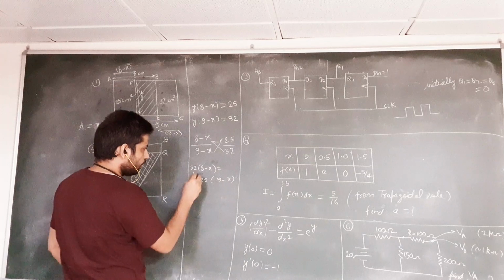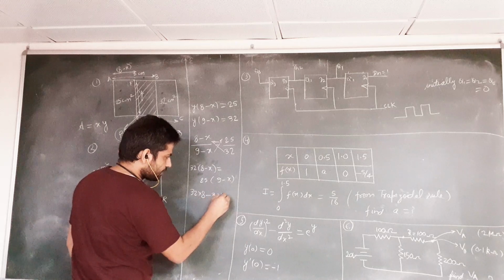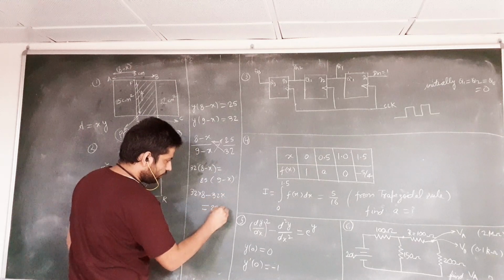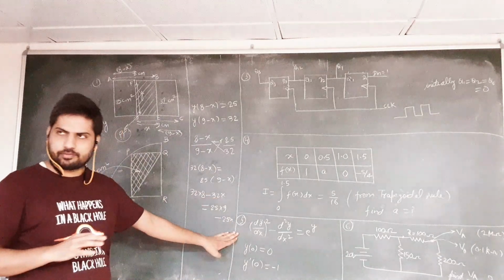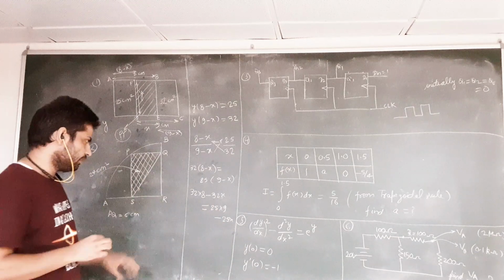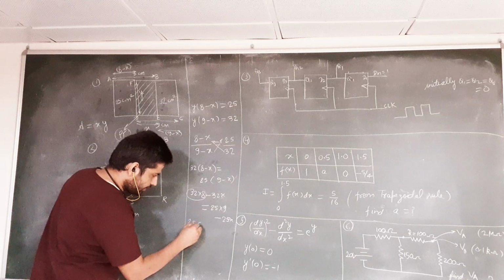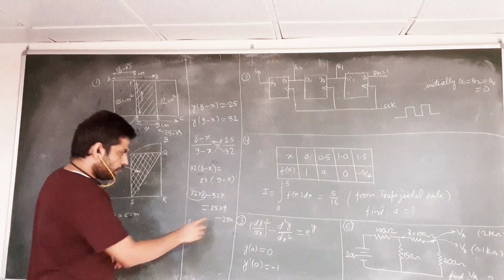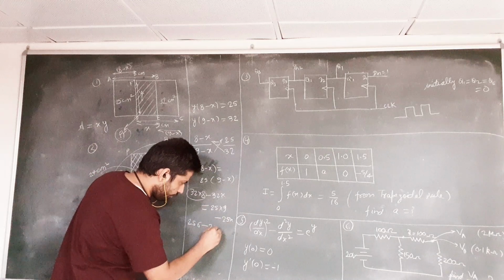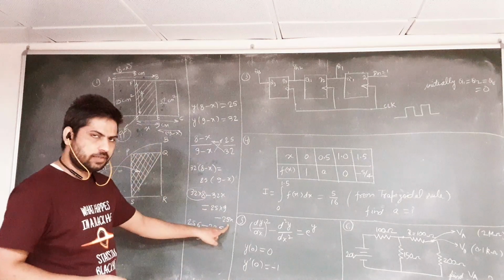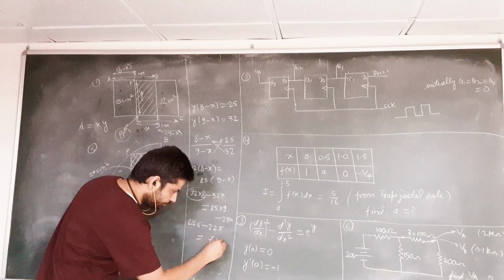Or we can write this as 32 times 8 minus 32x, and that will be equal to 25 times 9 minus 25x. We can take the x terms in one direction and the non-x terms to the left hand side. So this will be 256. Now this product will be 225, so this will come here, so it will be minus 225. Similarly, here you have minus 25x and here you have 32x, so you will again subtract, so you will have 7x here.